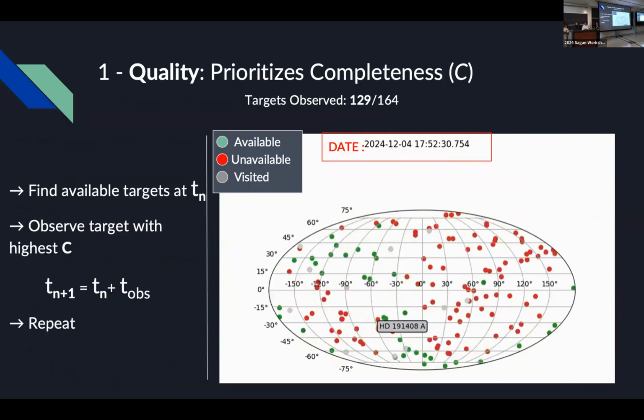And our results were as follows. We had a three-pronged approach to this problem. Very convenient, it was three. The first one was where we prioritized completeness as our